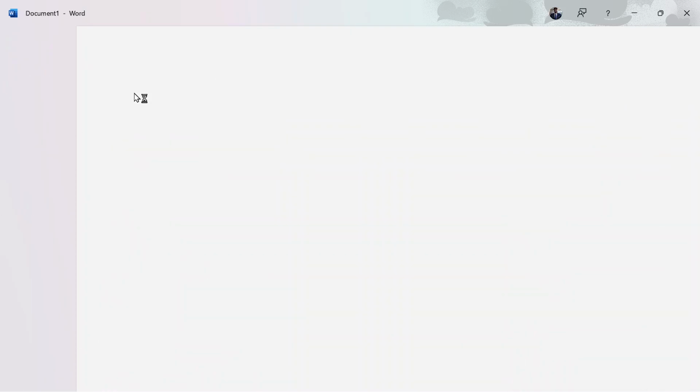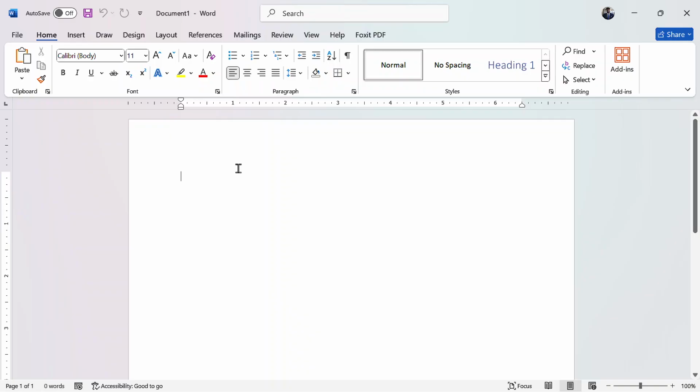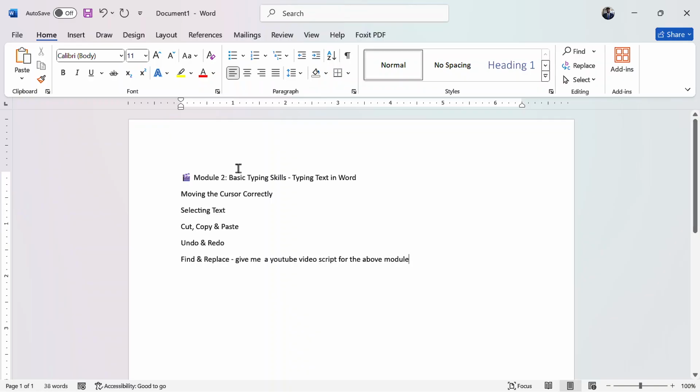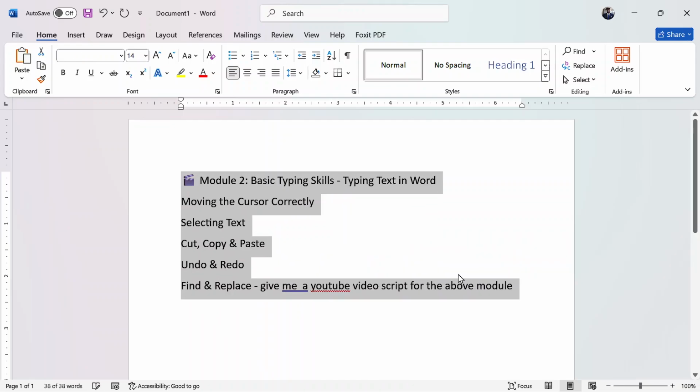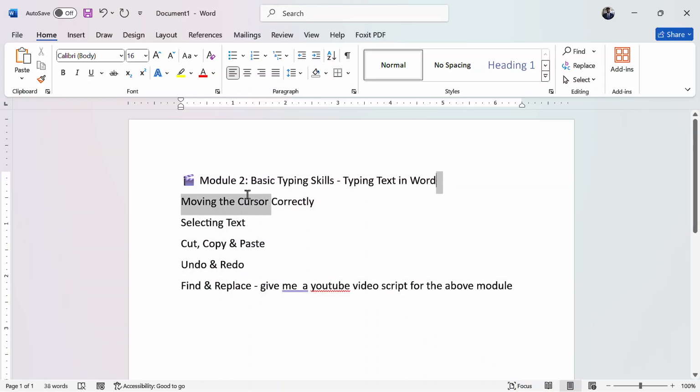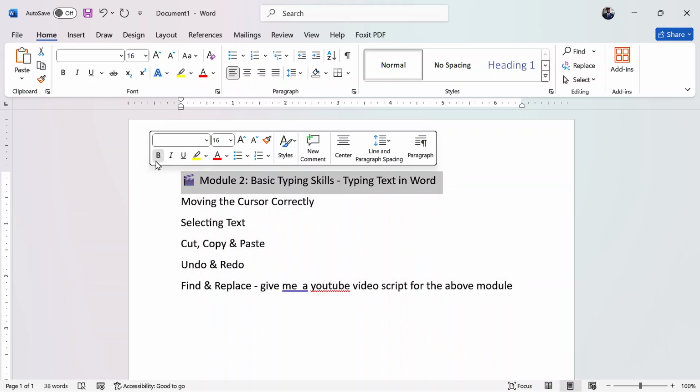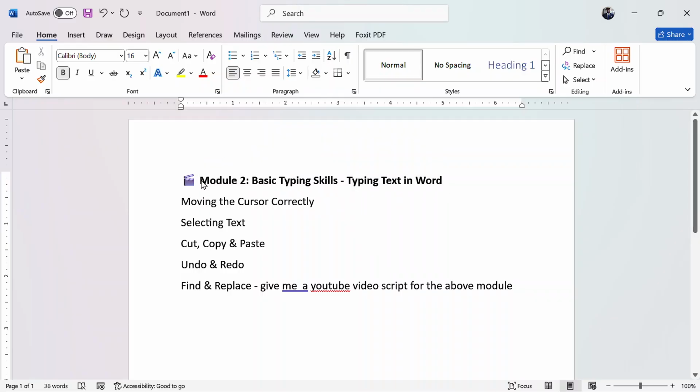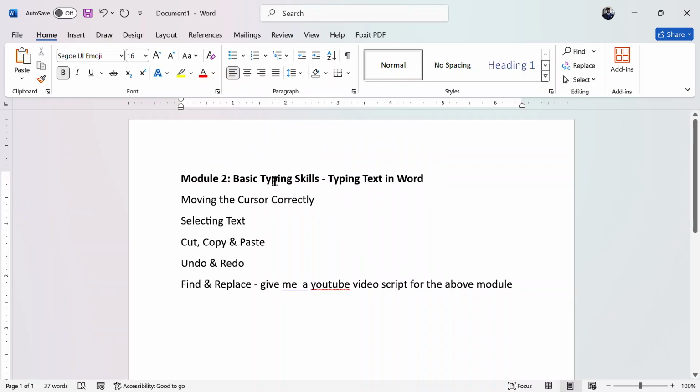When it opens, first of all, I'm going to paste whatever we're going to be looking at in module 2. As you can see, our module 2, we are calling it basic typing skills. Type text in Microsoft Word.